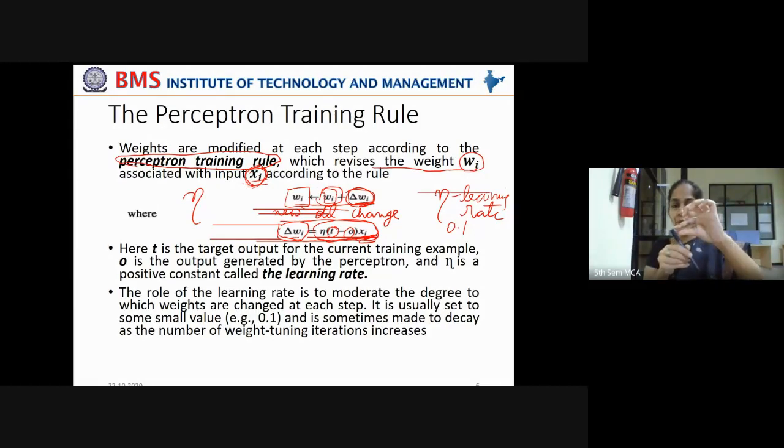But when I come to the top of the mountain, I should not overshoot my goal. I should reach this point. I should not overshoot my goal. So what I'm doing is I'm taking smaller steps with deciding on my local minimum, local optimal solution, and I'm moving forward. And finally, I reach the goal.